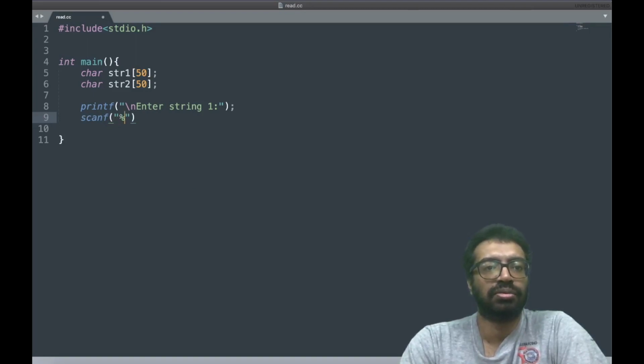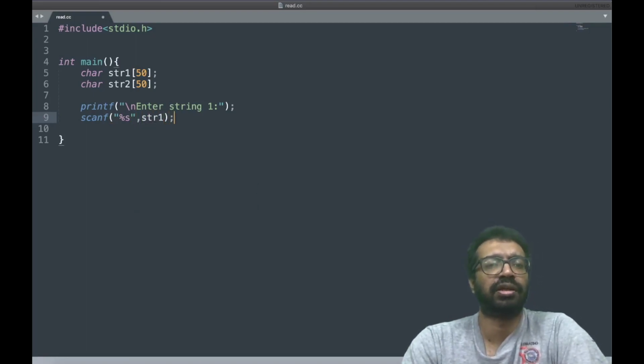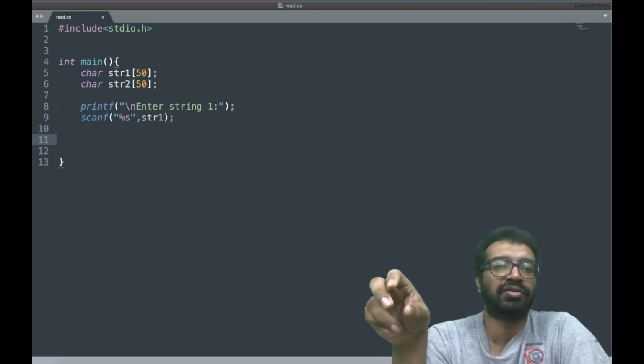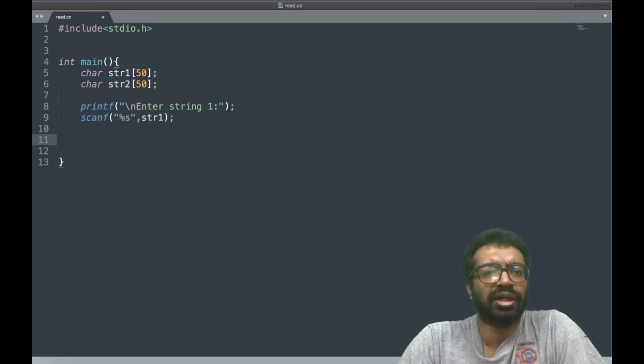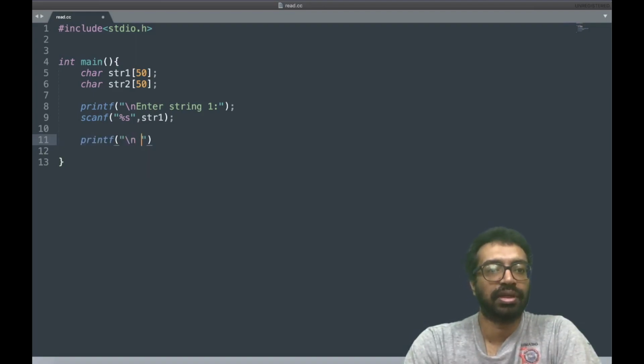For that, I'm going to give the string name. I have allocated 50 characters to store that string, so I expect the user to limit his input to less than 50 characters. Okay. And then I ask for another string,